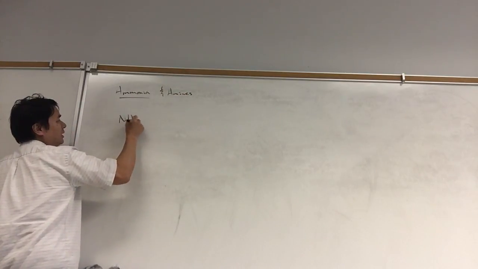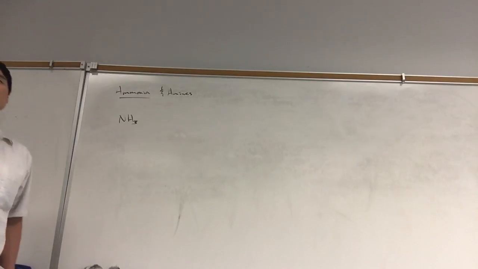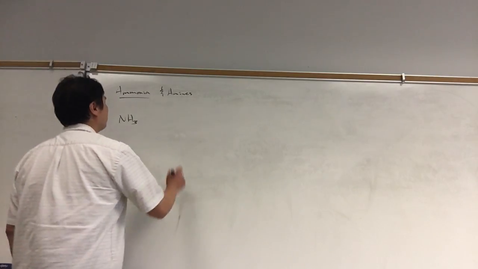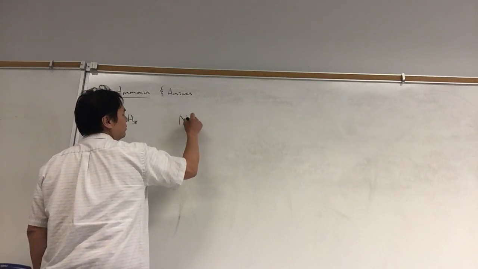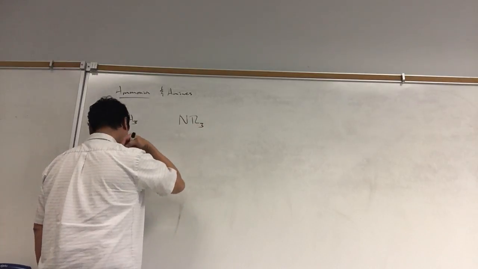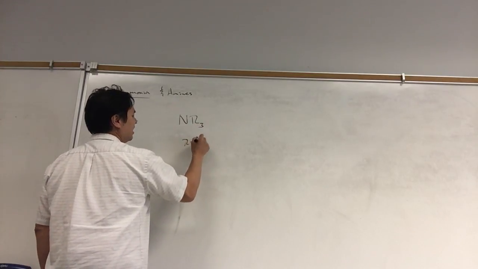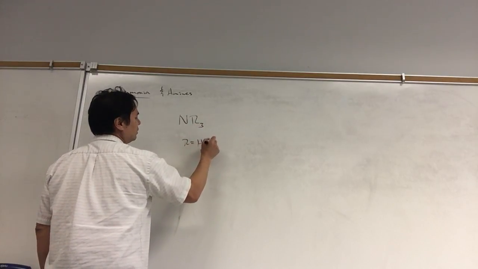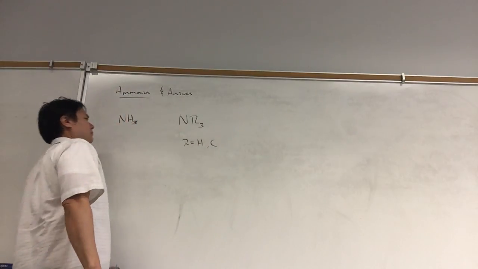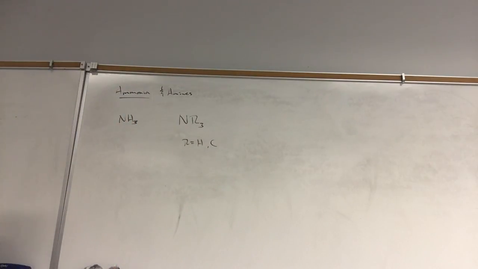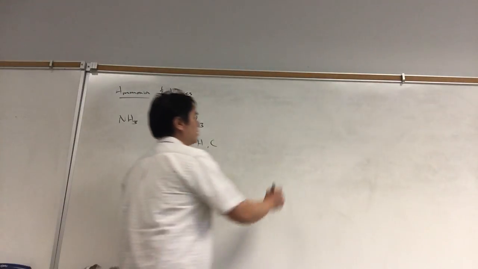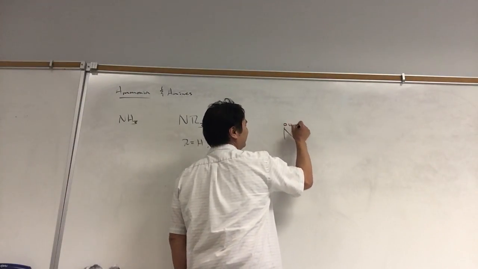Ammonia is NH3. Amines are a class of organic compounds that look like ammonia and behave like ammonia. And so these are given the formula NR3, where R is equal to hydrogen and/or carbon. If we look at the Lewis structures for ammonia,